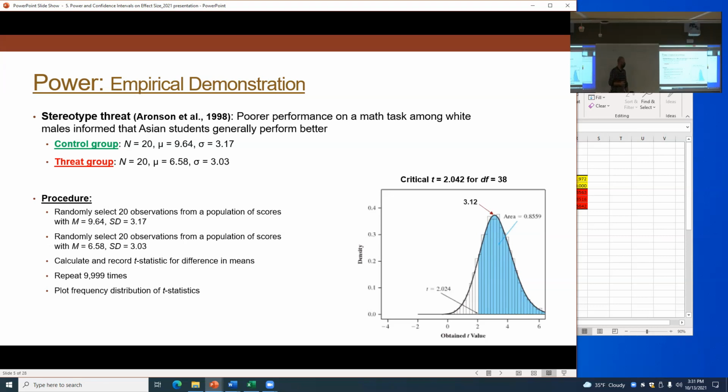And then I'm going to look at this, and I know that for an independent samples test with 20 in each group, my degrees of freedom is 38, and my critical value for a t-statistic with 38 degrees of freedom is 2.04. I go through and mark that on this distribution. My mean is just 3.12 because that's, if I go through,